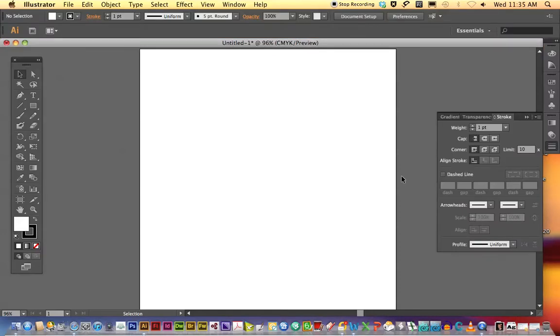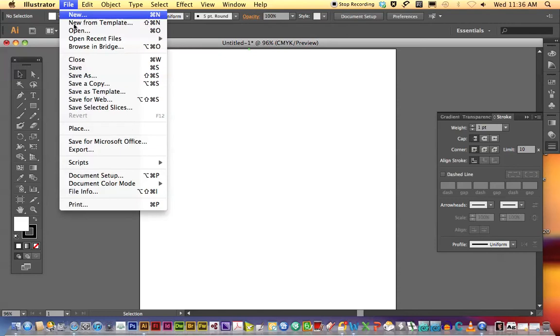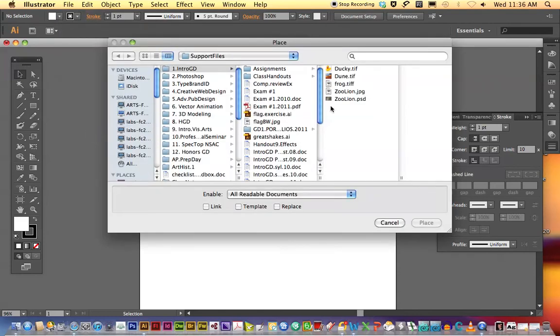What we're going to do now is look at a feature in Illustrator called image trace, and it allows you to make a vector out of a drawing that you may have scanned in, or even a photo or a painting. Really, any kind of art piece that you can place into Illustrator can be traced with image trace. So I'm now going to place an image of a